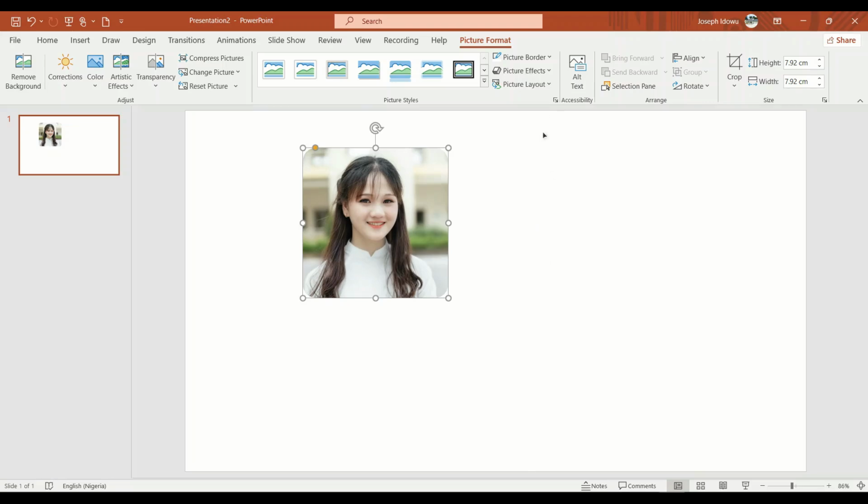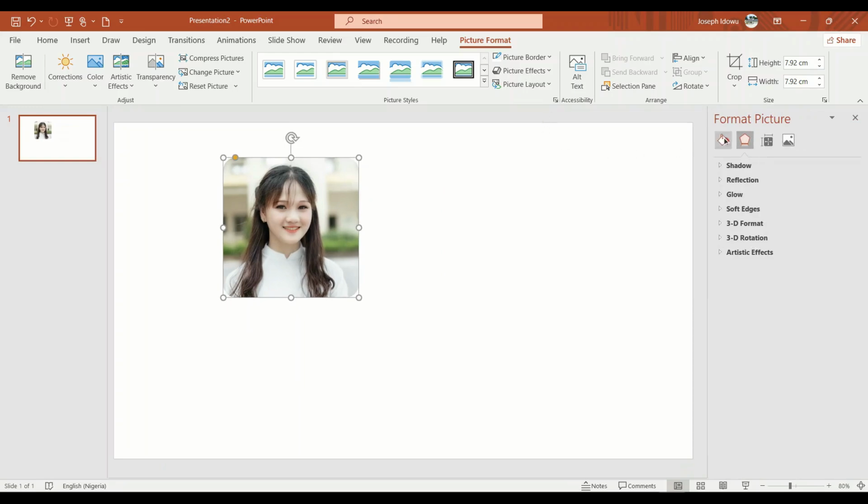So all you need to do now is to click on this little icon here called format picture. When you click on it, it will take you to the format picture panel like this on the right side. The one we are interested in is this shadow, and make sure that you are in this position. You can see this is effect. This icon here is fill and line. So if I click on fill and line, you can see this one, but we're coming to this one called effect. So click on effect,